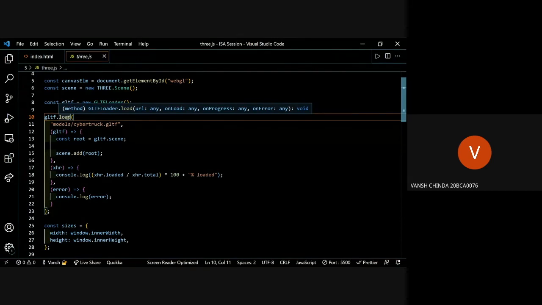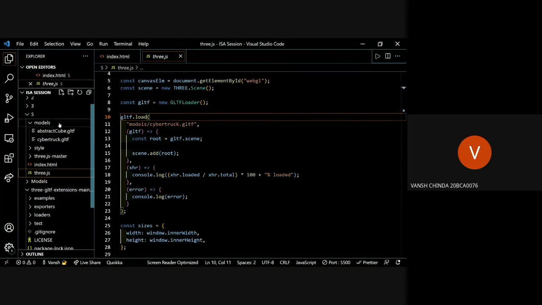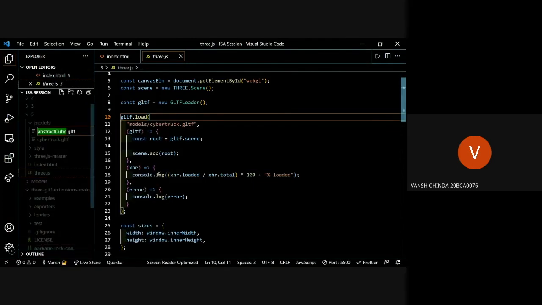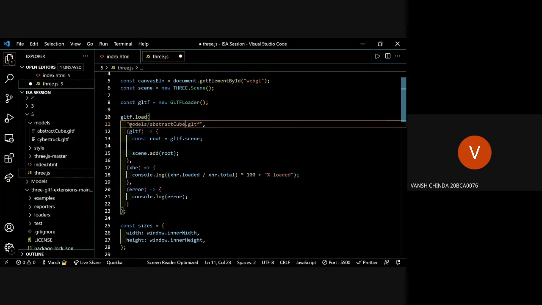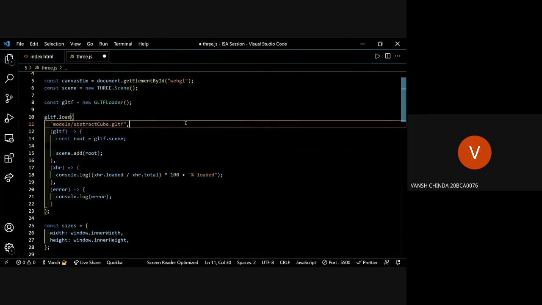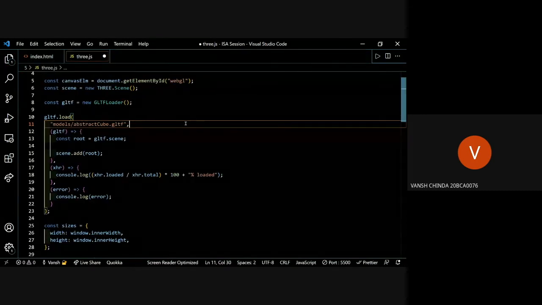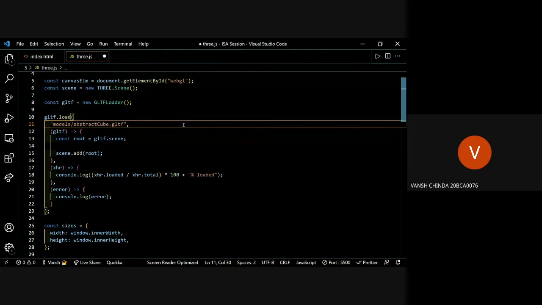So the number one is URL. URL means your uniform resource locator. So where's the GLTF file we just exported? It's here. We'll just copy its name. You don't need to add // here. If you add // it will create an error because it's a URL. It's not SRC. So these are just some errors you may run into if you are coding it on your own. If there's any problem, you can get in contact with us, or maybe I'll share my contact number. You can ask if there's any problem while coding.